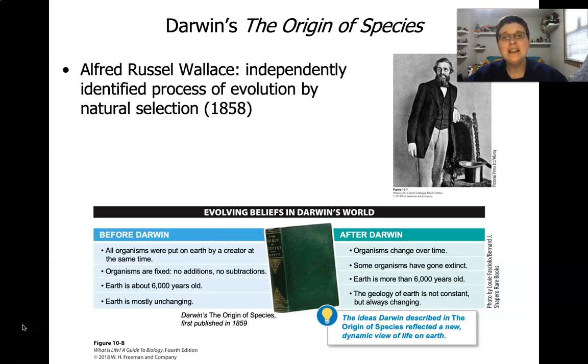He actually independently came up with the process of evolution by natural selection in 1858, and he actually wrote to Darwin with his idea, and he actually worked in Malaysia, so a different area of the world,